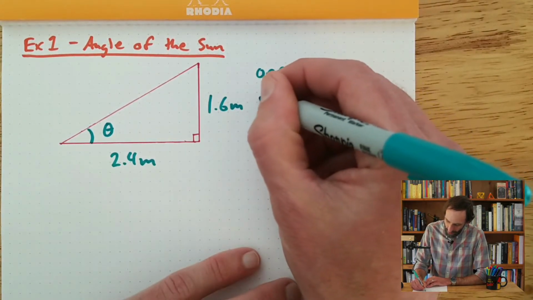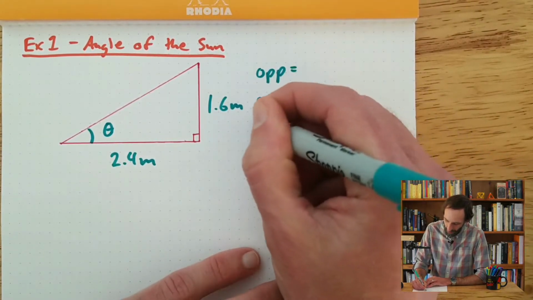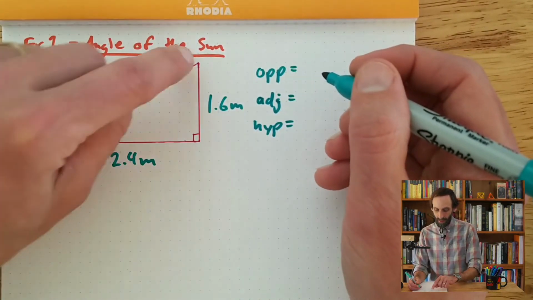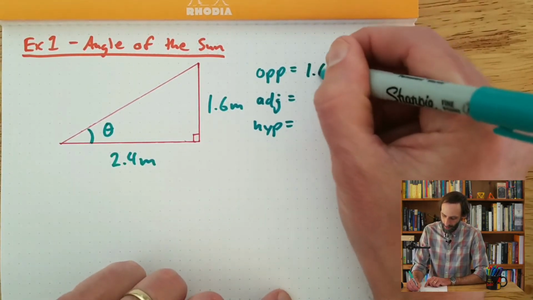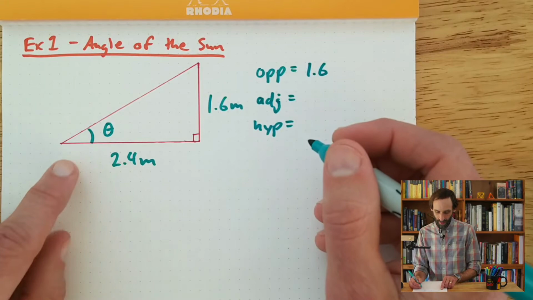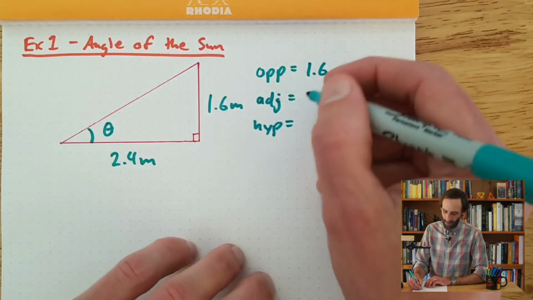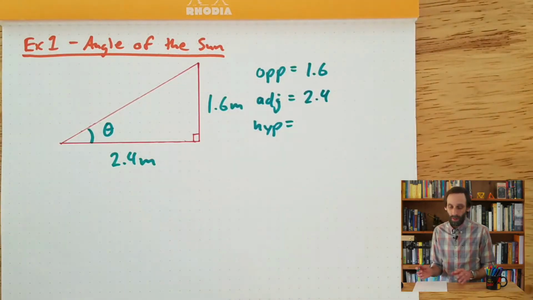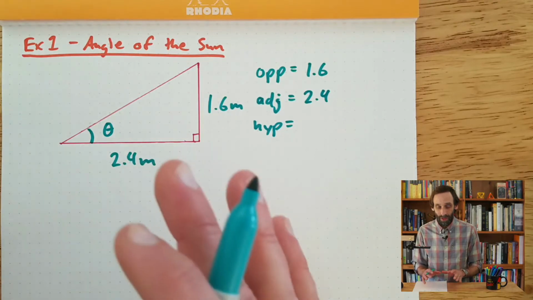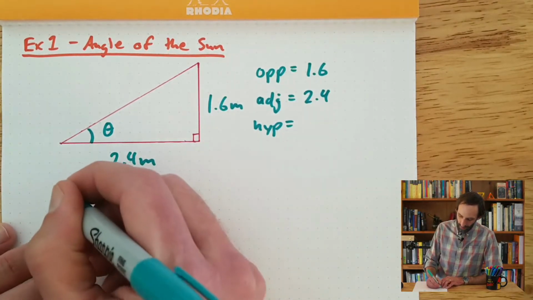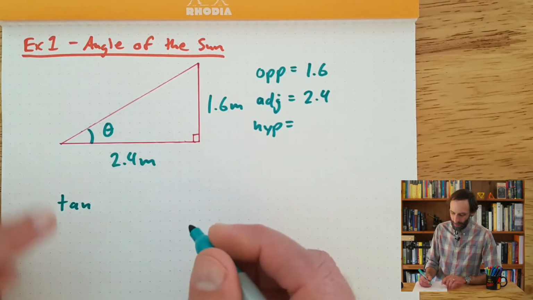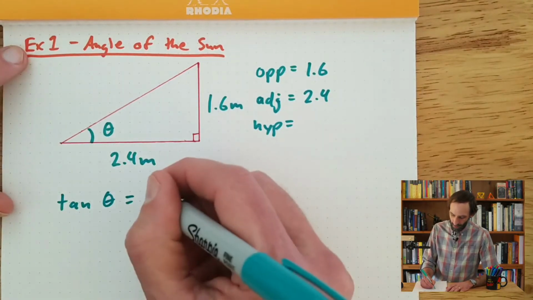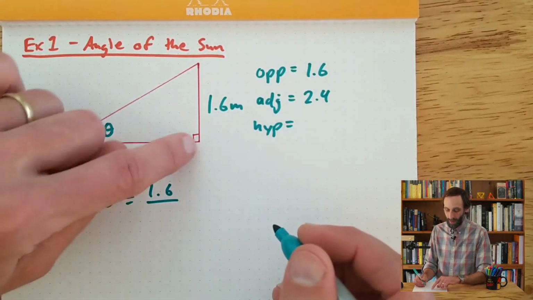Okay, so I have my opposite, my adjacent, and hypotenuse. Now, from the perspective of this angle, this is the opposite. It's the rise. And from the perspective of this angle, this is the adjacent, the run. So 2.4, and as I said, the hypotenuse, I don't know. Well, this means I'll be using the tangent ratio. So let's go ahead and set that up. We'll say that the tangent of the angle is equal to the opposite, 1.6, divided by the